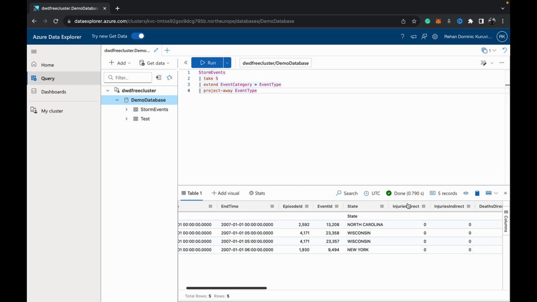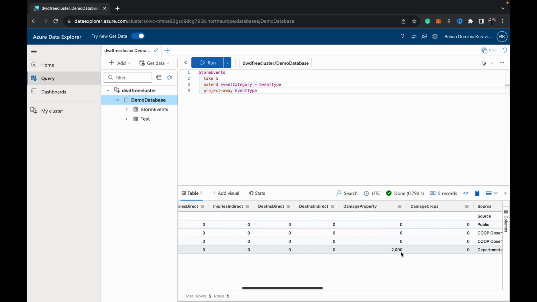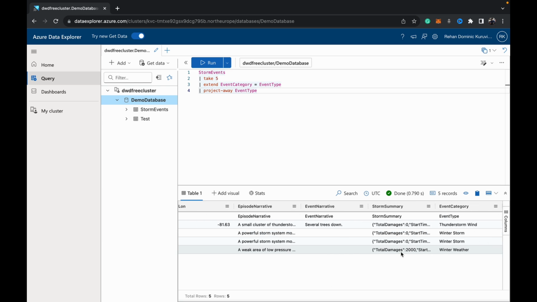So you can see that we've lost that event type which was initially here, but at the end we still have our event category type. So that is how we remove columns using the project away operator. So again, that's quite an interesting operator to work with. Then we've looked at our distinct already. So now we come into some